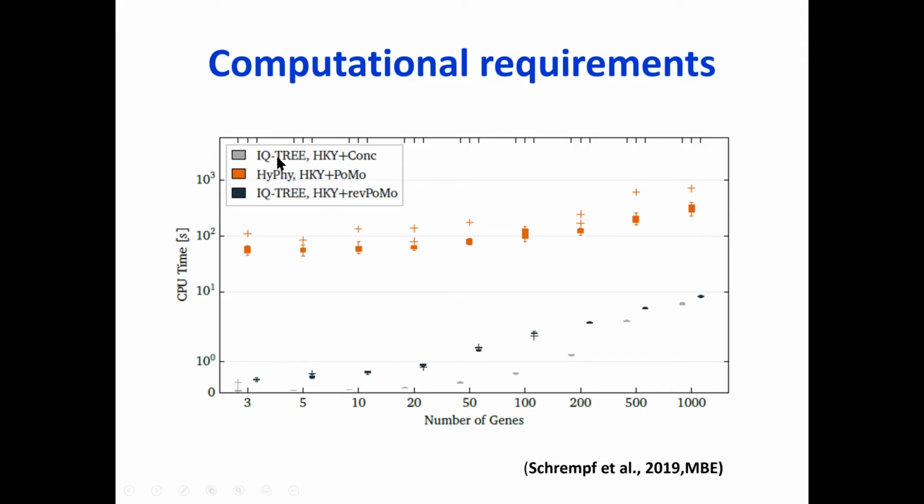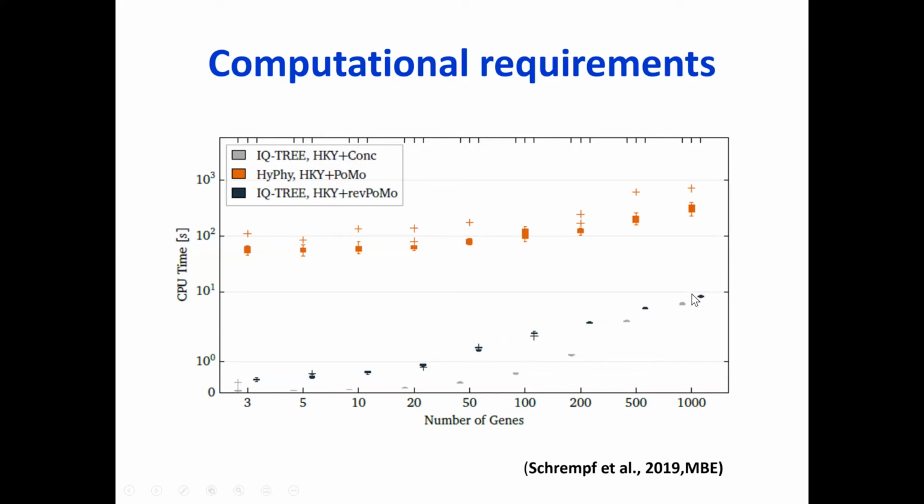Gray would be just taking one individual, an HKY model, and for all the genes you use concatenation. For IQ-TREE, you also use the concatenated alignment, but it's multiple individuals and it's summarized. And we used ReforPOMO. So what you can see is, taking more genes, in fact,